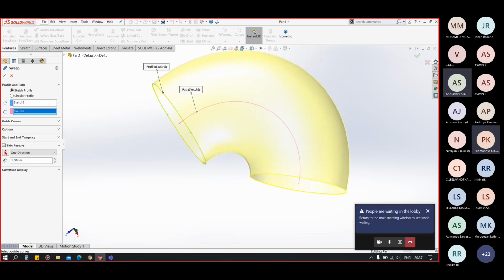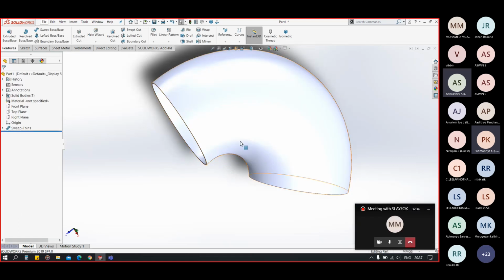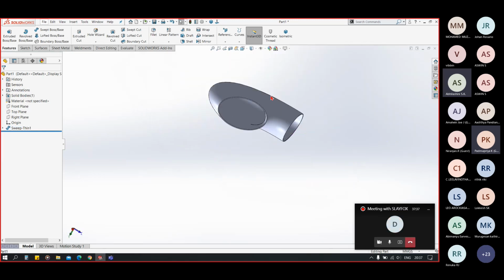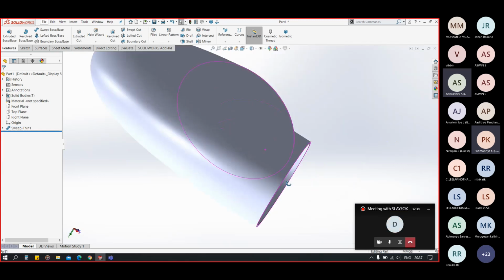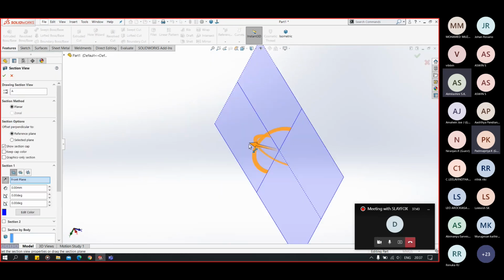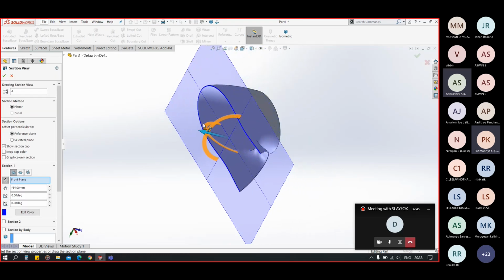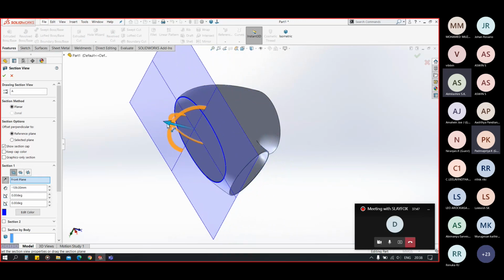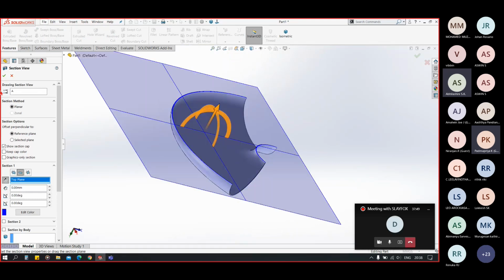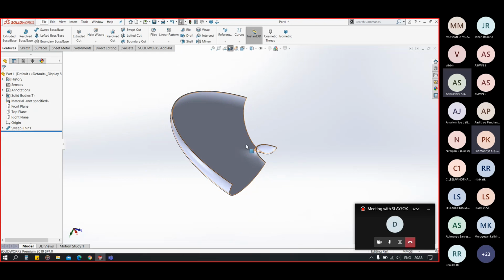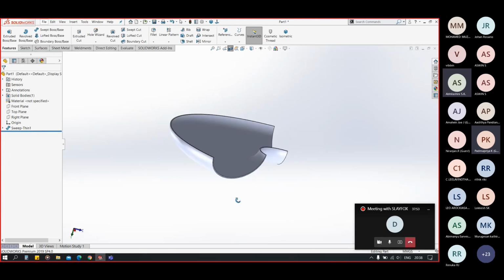I can change the direction of thickness. I can change the value of thickness. Now you can see I have made a hollow part like this. You can see this is a hollow part.